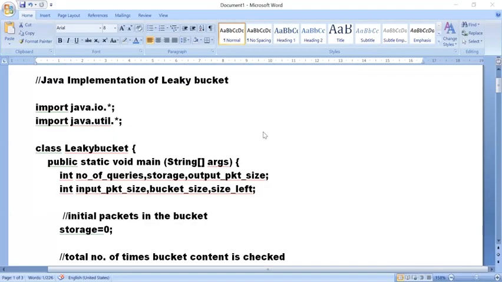Welcome students. Today we are going to start with the Java implementation of Leaky Bucket. We have already seen the Leaky Bucket concept. Now we are going to see how to implement Leaky Bucket in Java itself. Fine. So here you can see the first one, import java.io.*